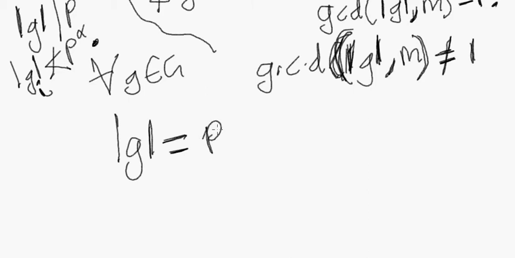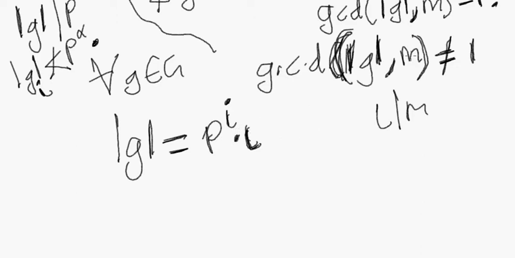P to the I times some, let's say, L, where L is some divisor of M, right? Would you buy this? Because if the order of G and M always have a factor in common, right? Well, actually, couldn't it be that the order of G equals M? Okay, maybe that's another possibility. So, well, actually, that would still be fine, right? That would still be something of the form P to the I times L,